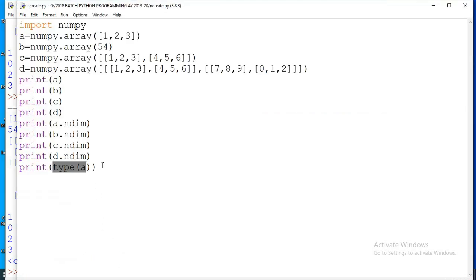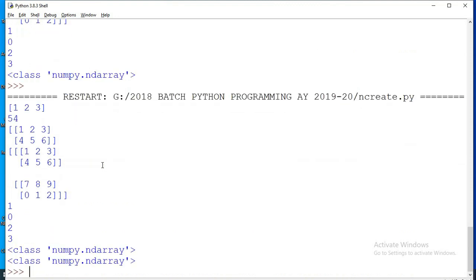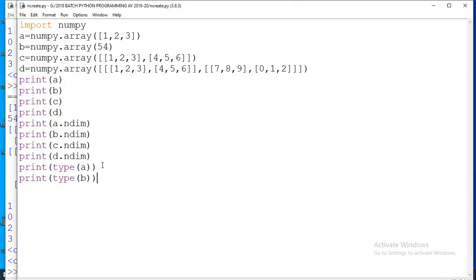Similarly, you can also check type of B, which again gives ndarray, because A, B, C, D here all are ndarrays, right? So hope you understood. That's why this is only one element and this is a 0 dimension. Okay, so this is how we can create the ndarrays in NumPy.